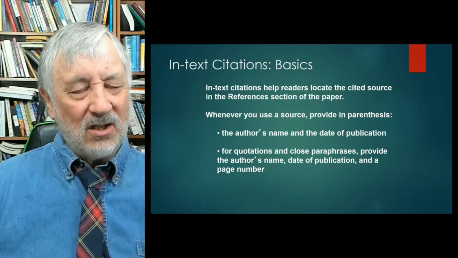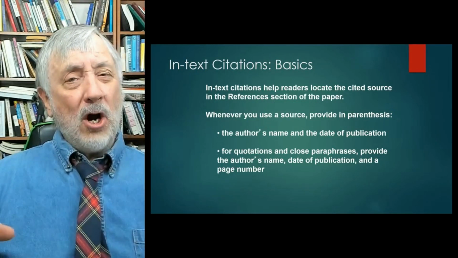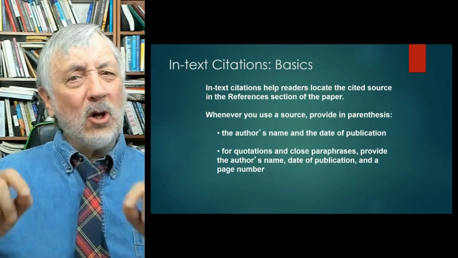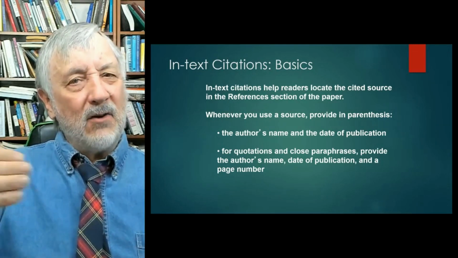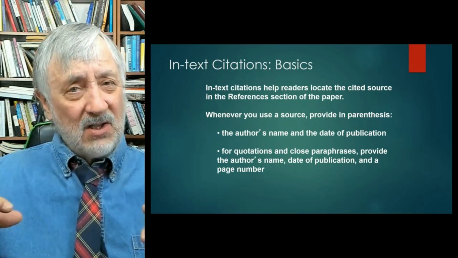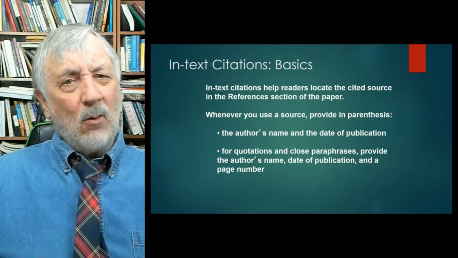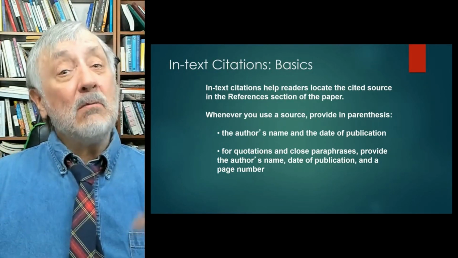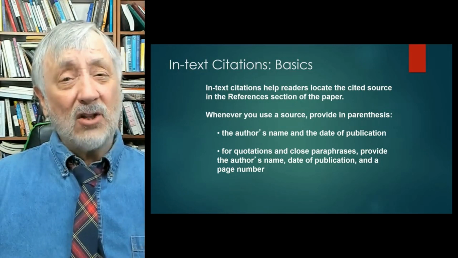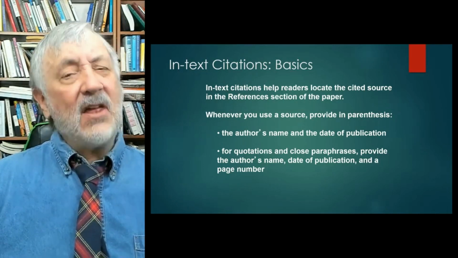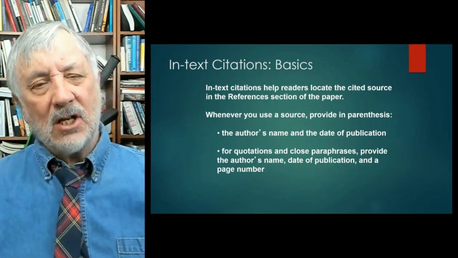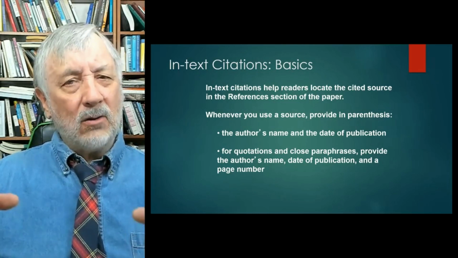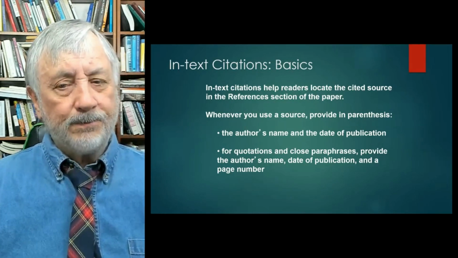Citations, in-text citations. A citation is where you give a short referral, or a short note, of where you got information in the body of your paper. It's in the body of your paper. It's not at the end of the paper in your references section. It's in the body of your paper, and it refers your reader to your references section. I want to read more about this article by Smith, 2013. How do I find it? And then your reader goes to your references section and locates the exact specifics of the article and how to find that article in your references section.